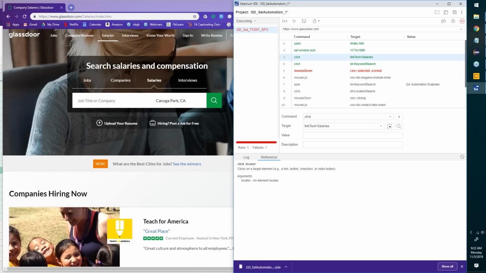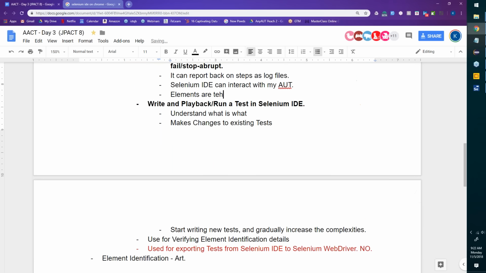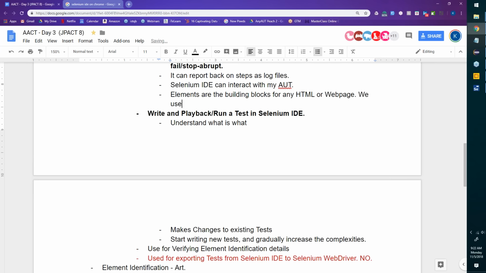Elements are the building blocks for any HTML or web page. We used to call them objects in HP QTP/UFT, test objects and so on.